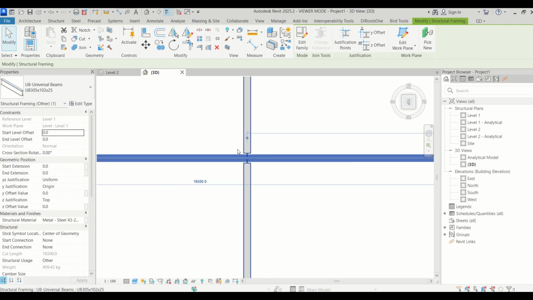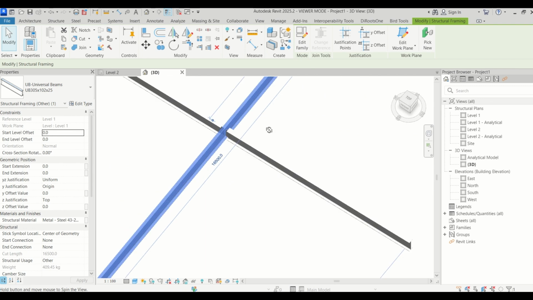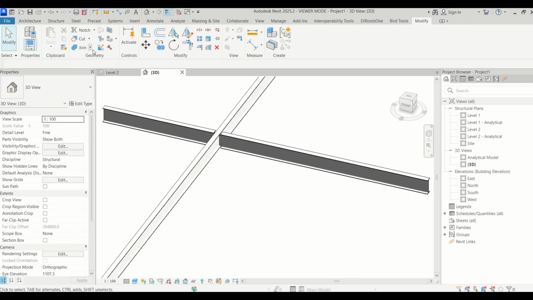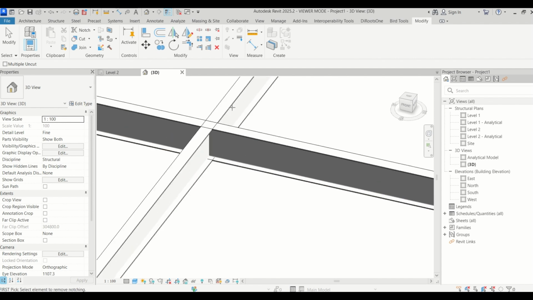On top of that, for example, if you want to remove the notch, click on this arrow icon right here, click on Remove Notching, select the first element on which you applied the notch, and select the other element. The notch will be removed. So it's very simple, and it's very automated as well